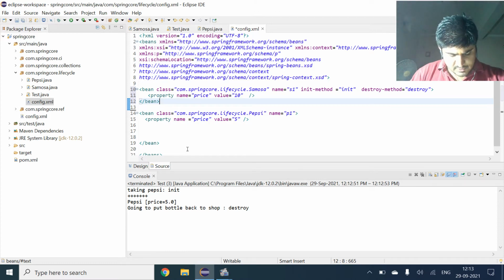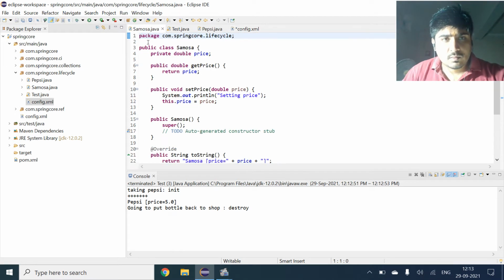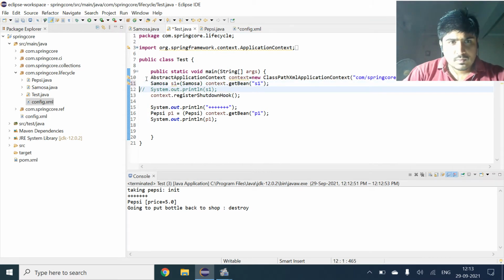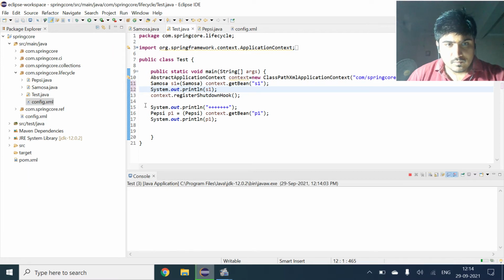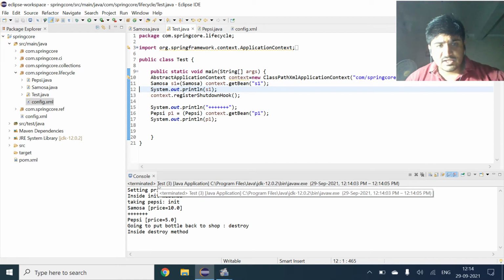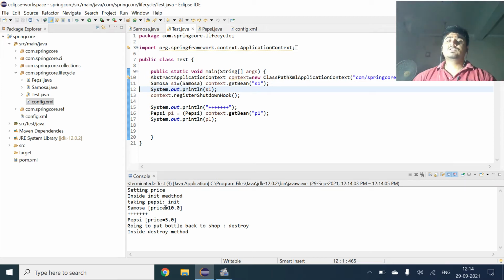So we just kept that value again. Now basically the method is fine with us.